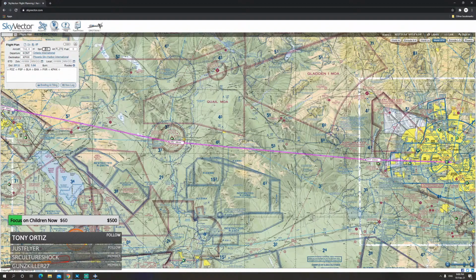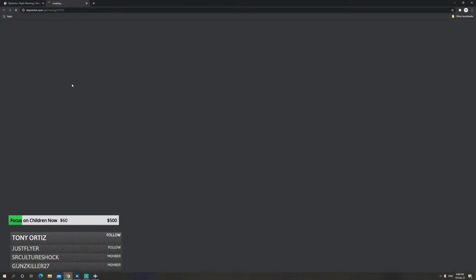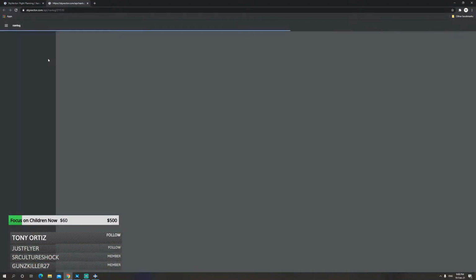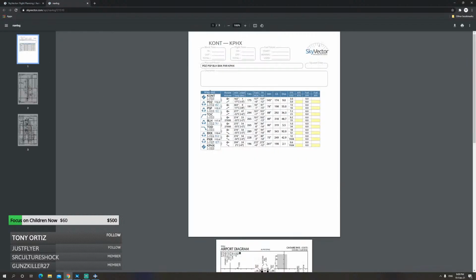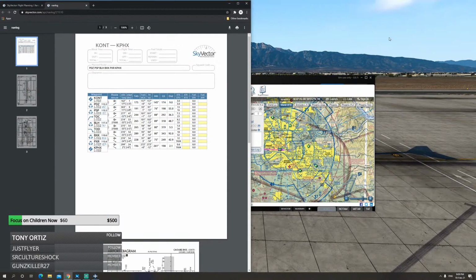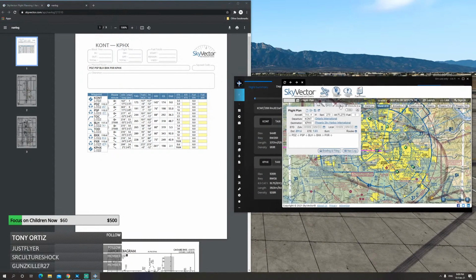So we've got all the stations here, and what we can do now is click on Navlog, and now we will have all the VOR stations that we need in the Navlog with the top of climb and the top of descent. So the next thing we're going to do, we're going to hop into the cockpit and enter those frequencies. So let me just do this here. I'm not sure why we haven't gotten the... all right, so